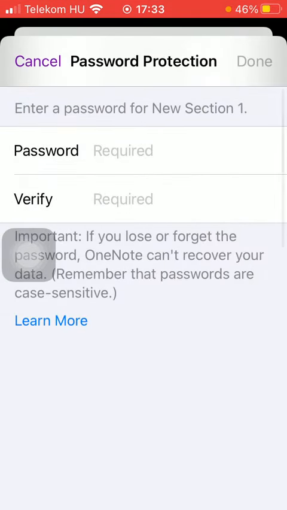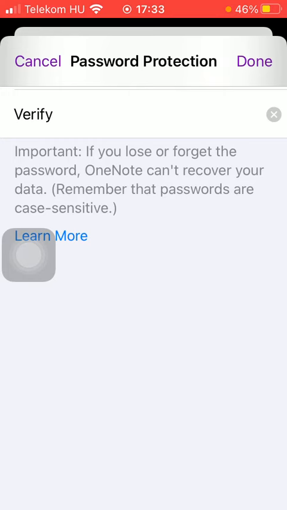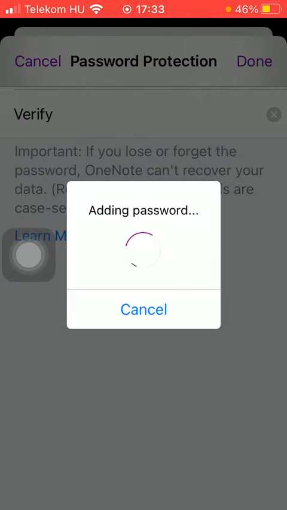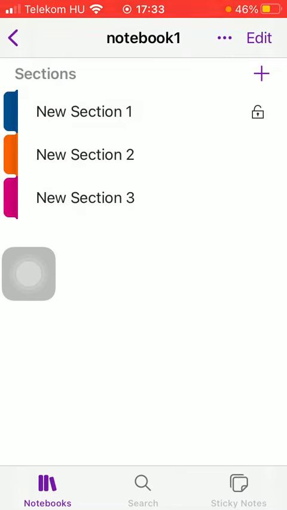Now you need to enter a password for your section. So come up with something that you can remember, and after that click on the done button in the upper right corner of the screen. So now, as you can see, you have added a